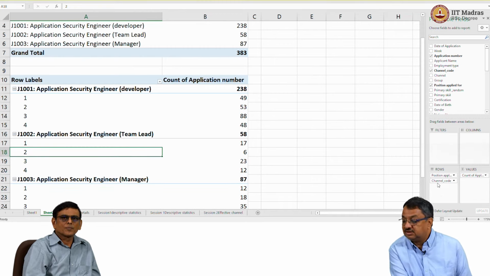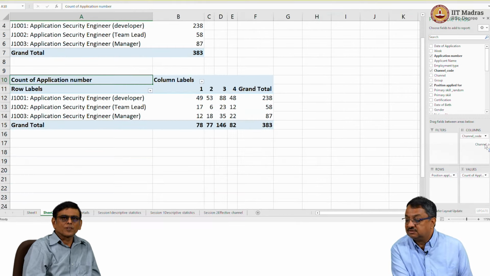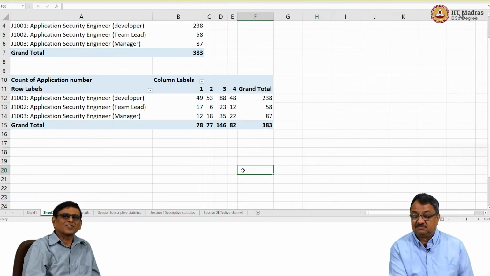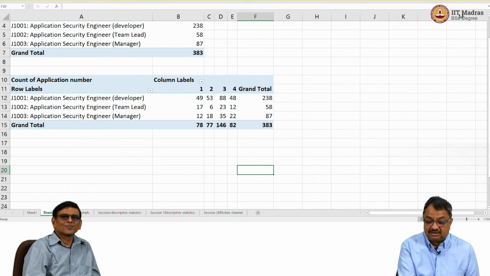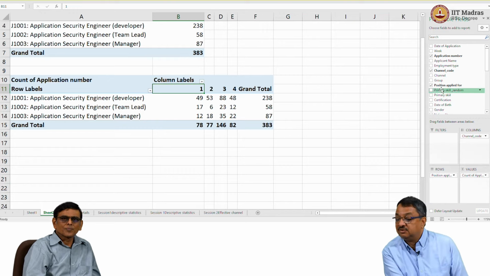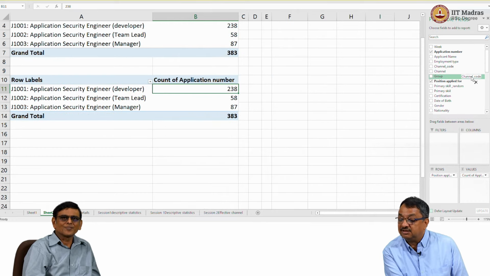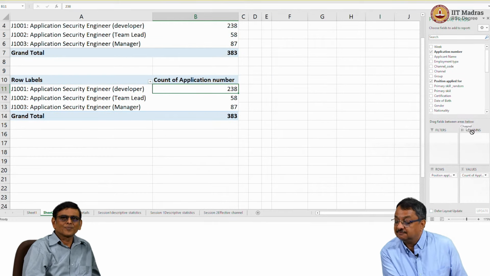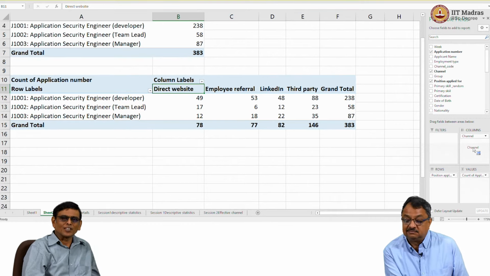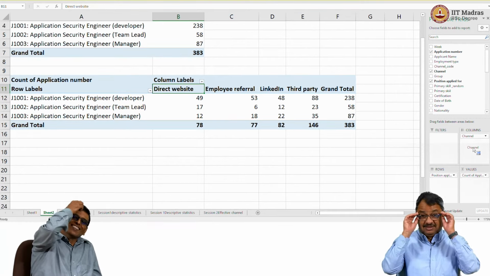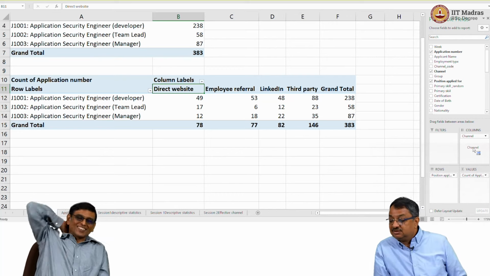So do you think this will be better if I move this here? I think so, yeah. This is much easier to see. Much better. And the other thing, of course, I can do, if we want to make this a little easier to read, though Varsha wanted it by channel code, is the channel name, no? Yeah, maybe a channel name. She can recognize the code, I guess. For us, we need to know the name.